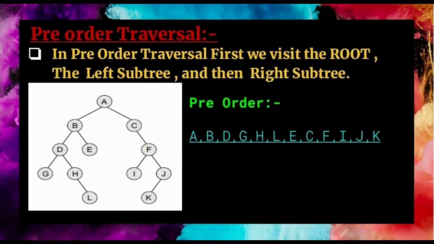The definition for pre-order traversal is: first we visit the root, then the left subtree and then the right subtree. Let's see what the pre-order traversal for this binary tree will be. We know that the root node is A, and we need to start from the root node. We read A and next we move towards the left subtree. Note that we must complete the full left subtree. If it is completely finished, we can go to the right subtree.